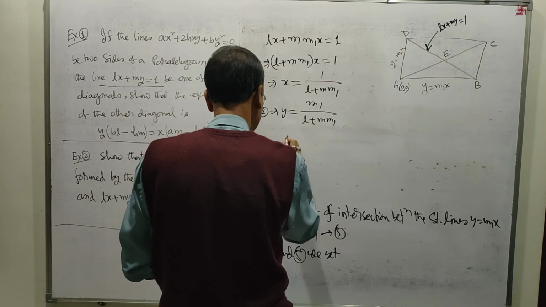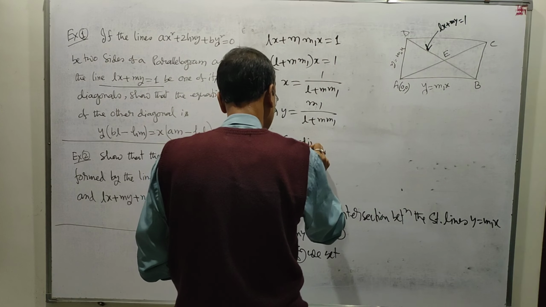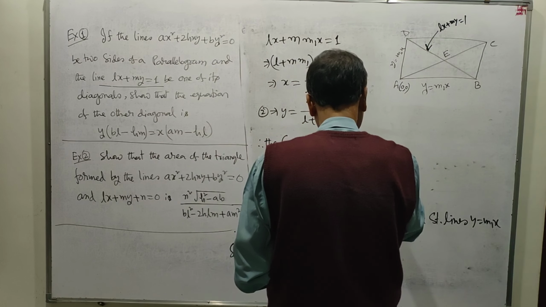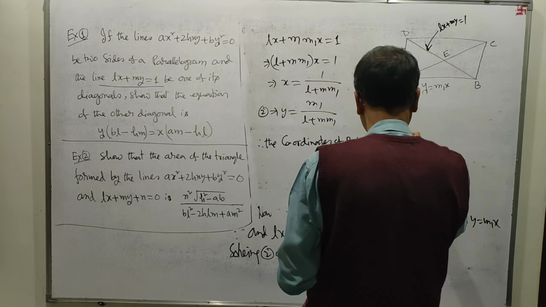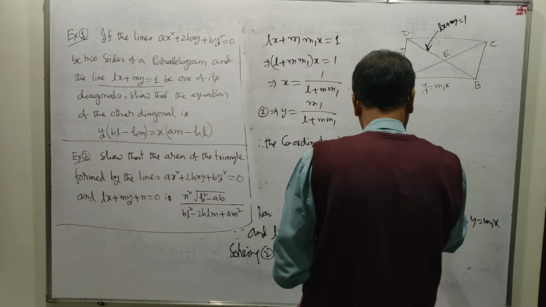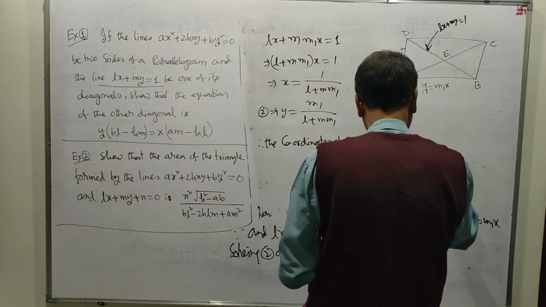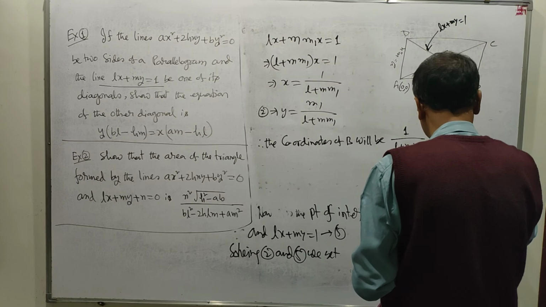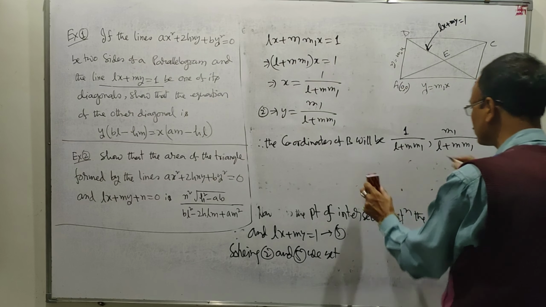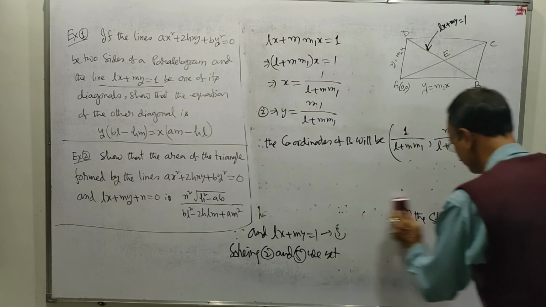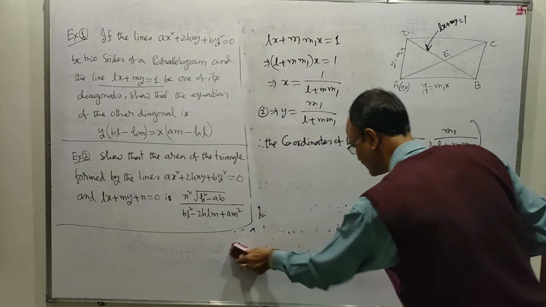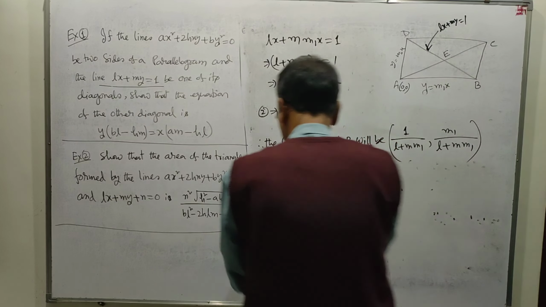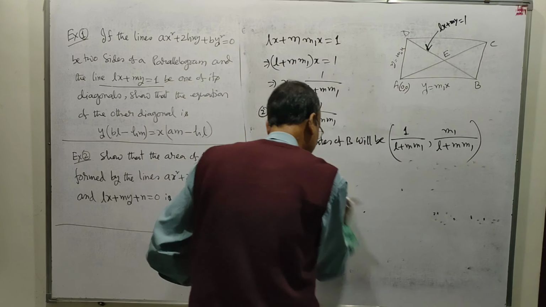Therefore, the coordinates of B will be 1 by L plus mm1, m1 by L plus mm1. Similarly,